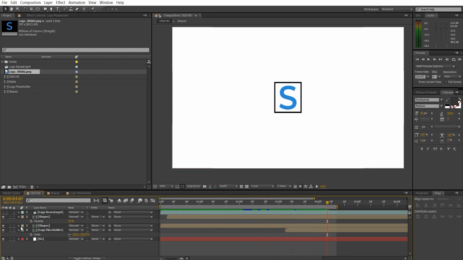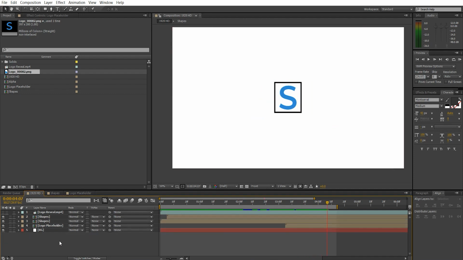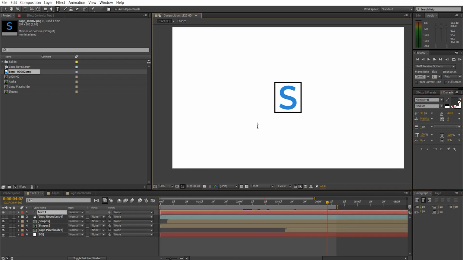And now we just add the text. So I'm using the font Montserrat. This is a sans serif font and very popular, and basically it's free, so you can also just use it. Just click here, make sure it is bold. It just depends. If you want to make it bold, just click here, all caps. Okay, and just click here, T, click and type